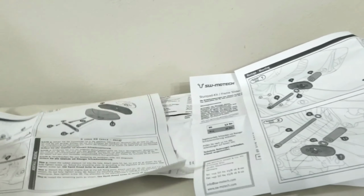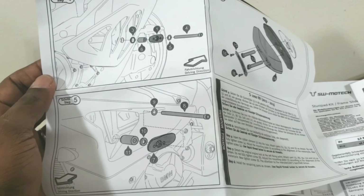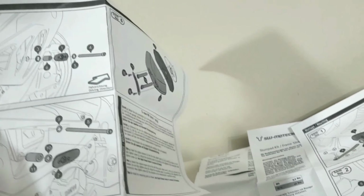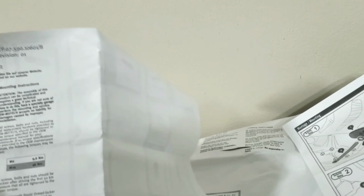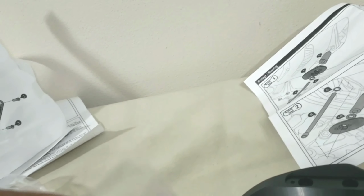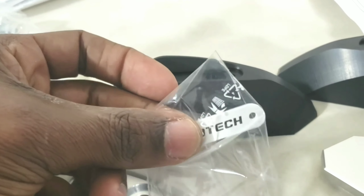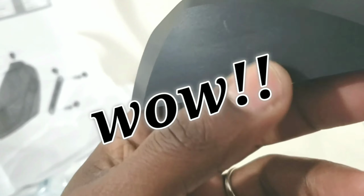Yes, so everything is out of the package right now. So this is what comes in the package, some instructions on how to put it together, some step-by-step instructions on how to put this thing together. I think even the torque spec is there. A lot of information. I like it already. I love it already, actually. Mounting instructions, otherwise, yep. I think this is for to go here. Wow, this is super nice, man. Look at this,